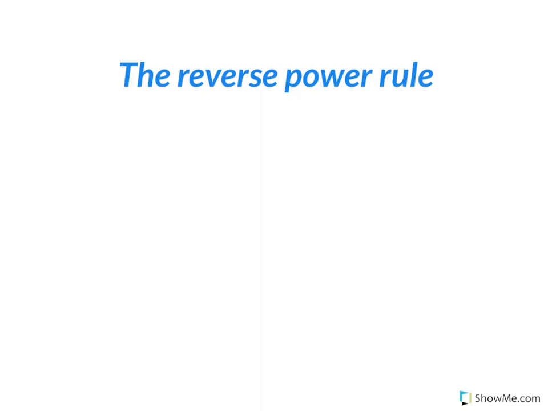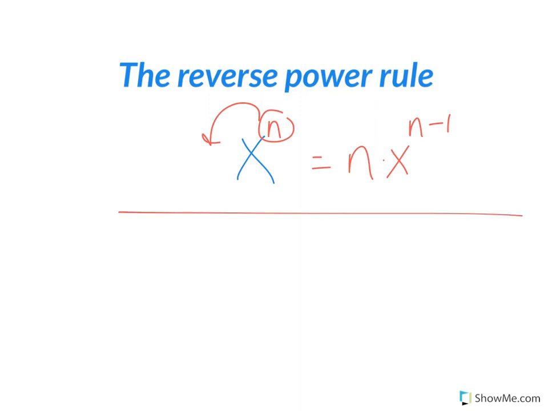So the reverse power rule. Well, if you remember the power rule itself, it's for any x to the n where n is some integer. The power rule itself is that we brought that down in front, and the derivative ended up being n times x to the n minus 1 power, the 1 less power. So what the reverse power rule is if I'm taking the antiderivative of something like this,